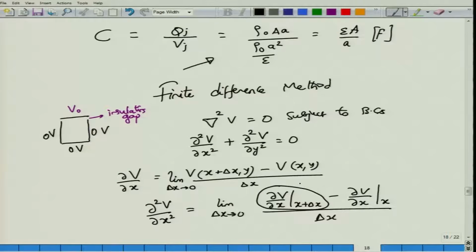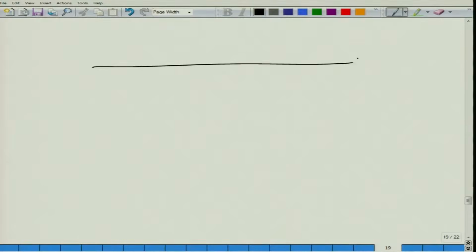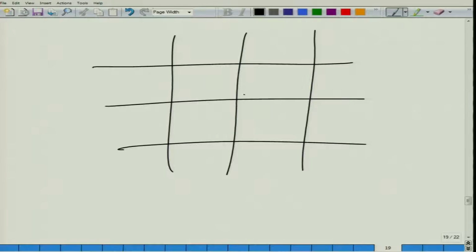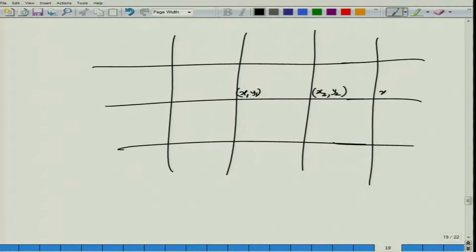Now you apply one definition for del V by del x at x plus delta x itself by using the above expression. Let me clarify all that by actually drawing a line. So this is the x axis. I am going to draw some grid points, as we would call them, and then mark this as x comma y. Since I would like to give some numerical values later on, I will call this x1 y1, I will call this x2 y2, and then I extend this once more, call this x3 y3. I will assume that all these are equally spaced by an amount of delta x, or by an amount of h, which is more used than delta x.